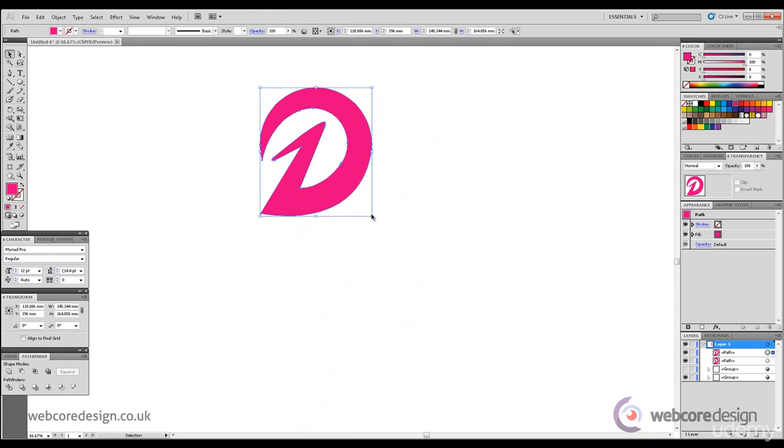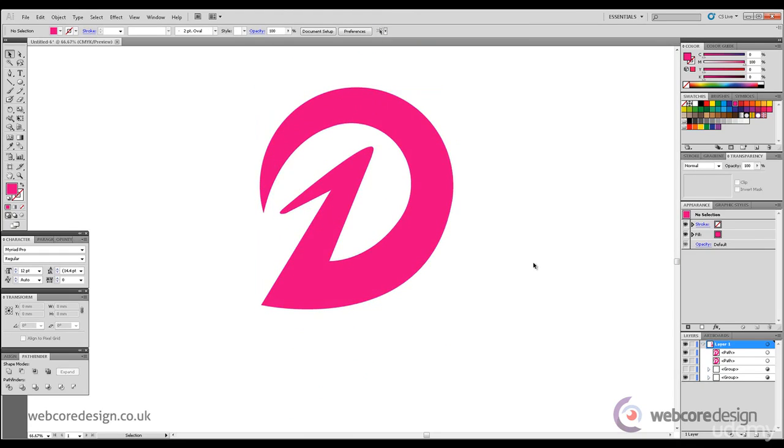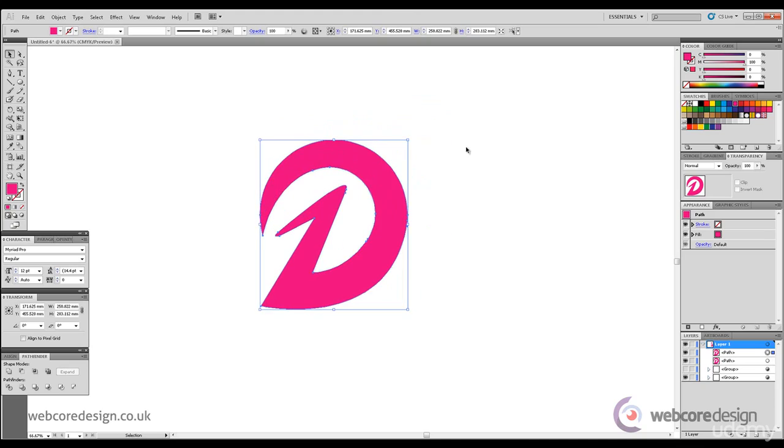So we need to look at the image and ask ourselves, what's wrong with the shape? What points of the curves do not flow? Now the first thing I see is the curve on the right hand side, as we joined it with the ring, doesn't flow as well as I'd like. So to remedy this, we're going to zoom in,